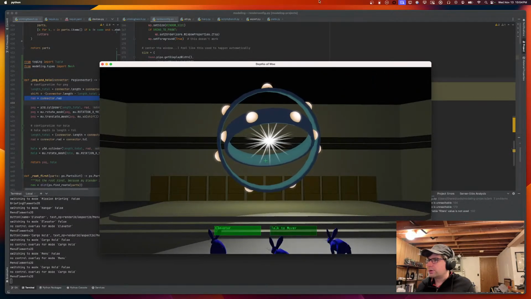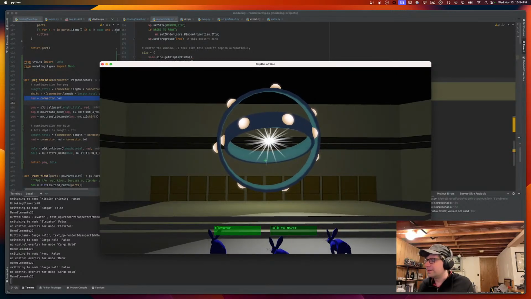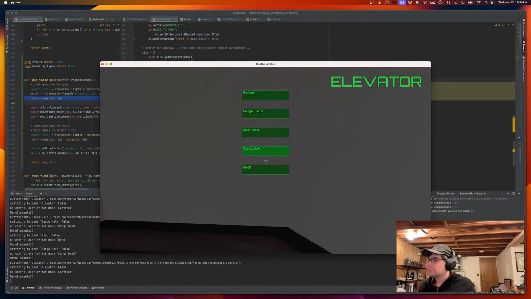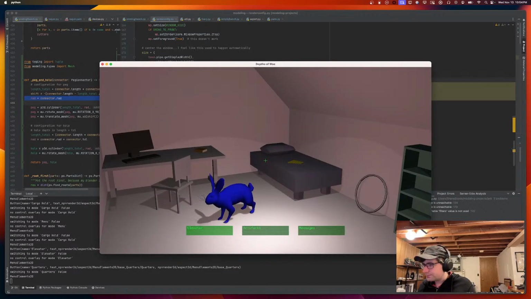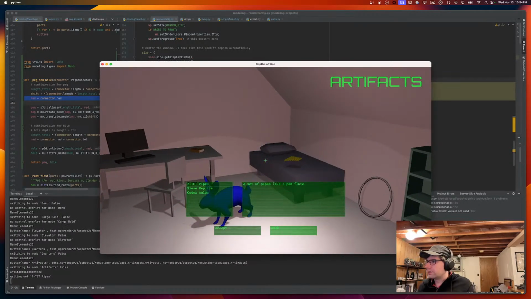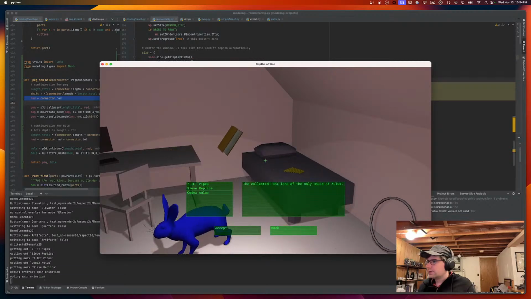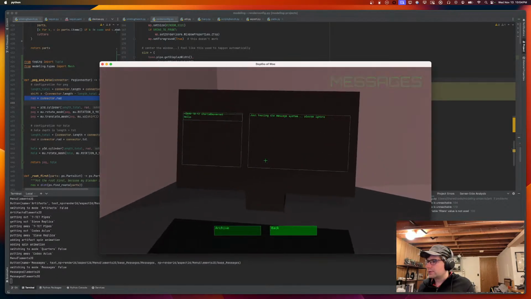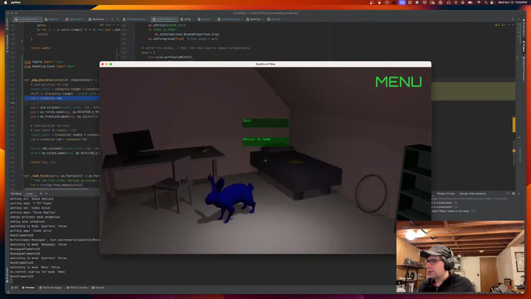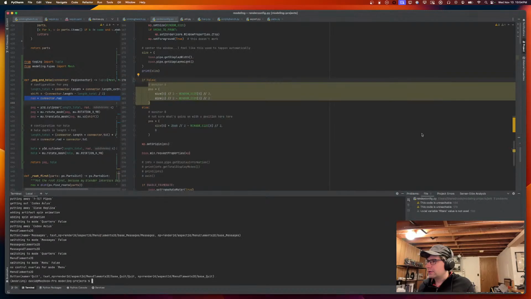The characters are bunnies, because there's a special bunny mode for my daughter, and that's activated right now. There's the quarters where you can collect different things, different artifacts, and look at messages. So what we're building is a room, an interior room like this,